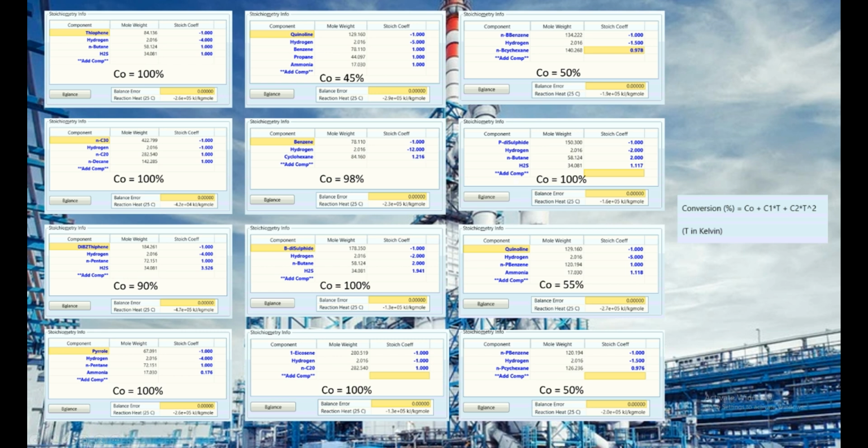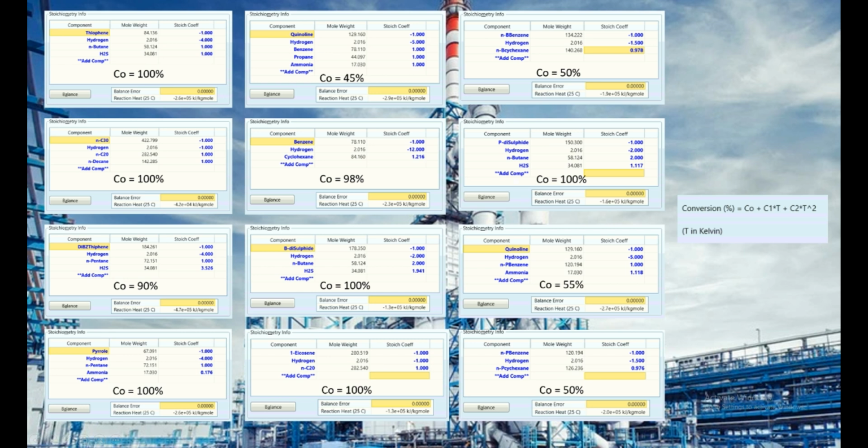For example, for the first reaction, thiophene, hydrogen, N-butane and H2S, the conversion is 100%, and the stoichiometric coefficients for the reactants will be negative and for the products positive. In this way we will define all the reactions in Aspen HYSYS.